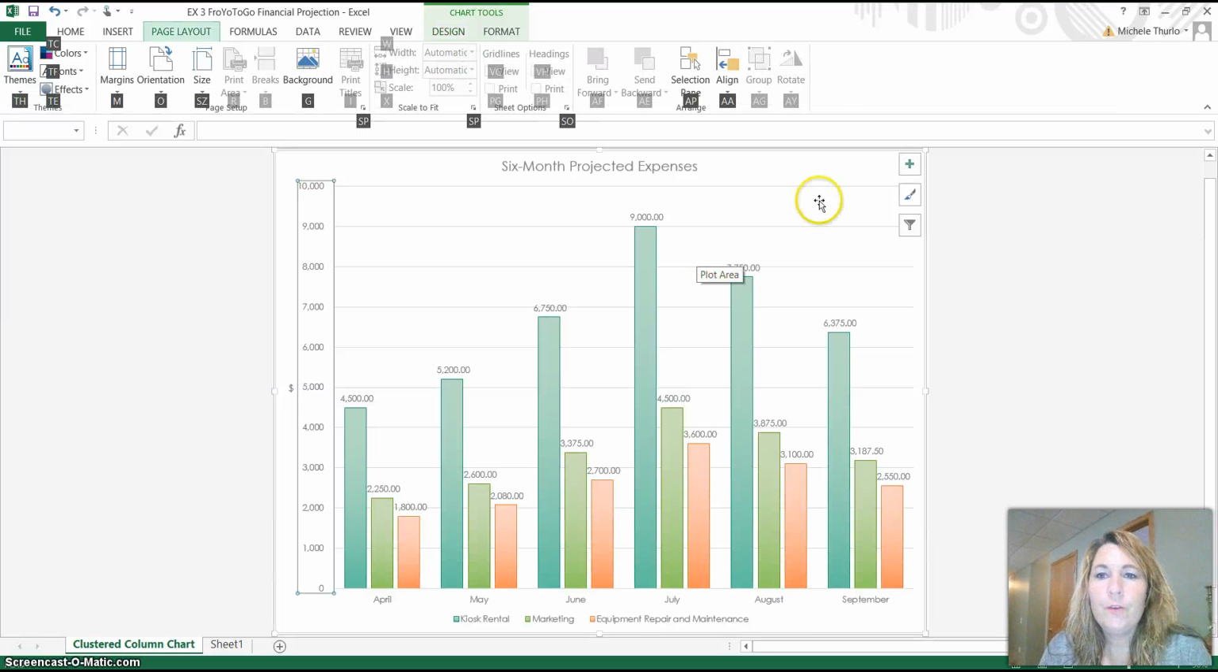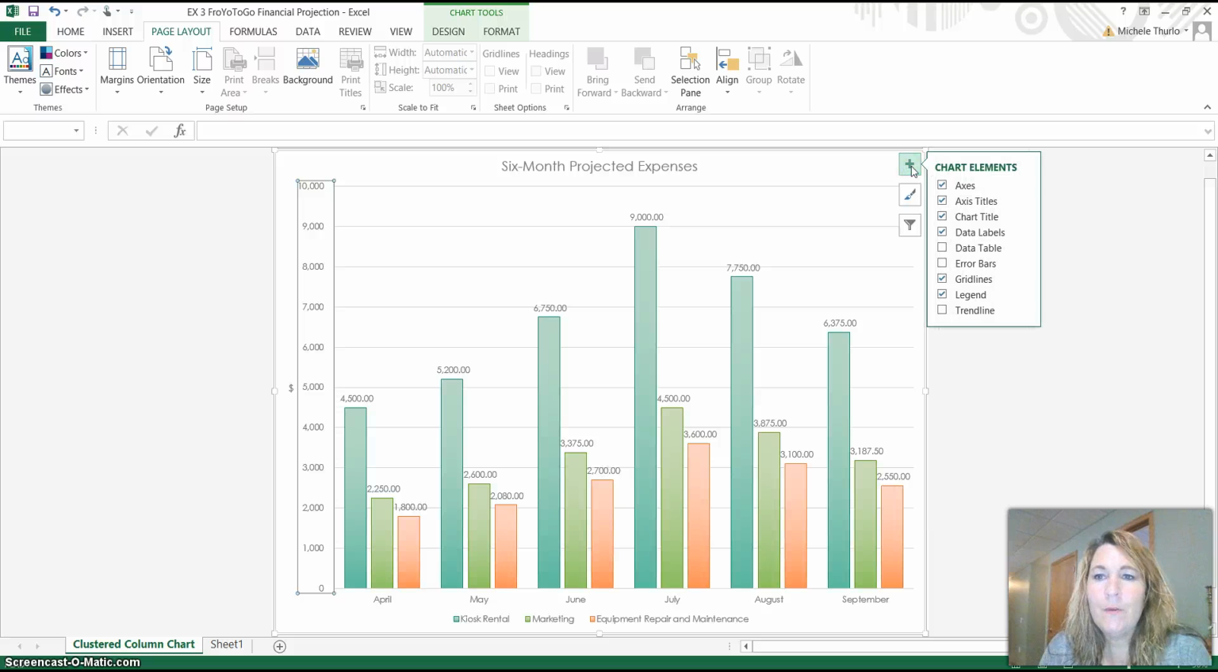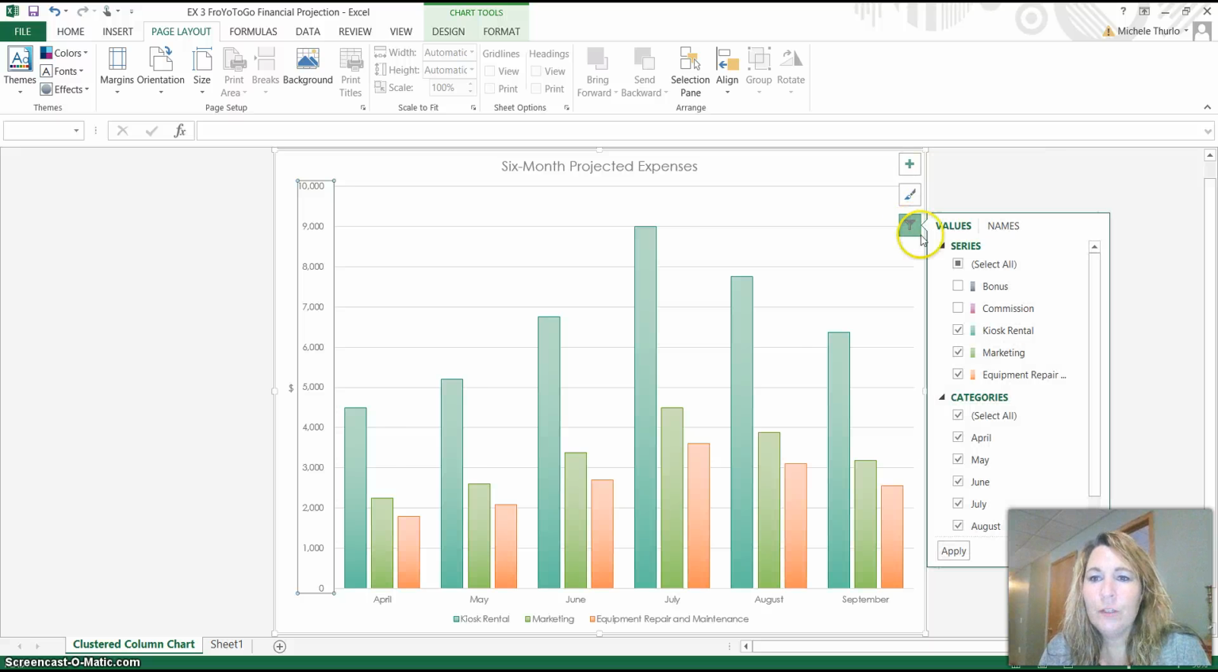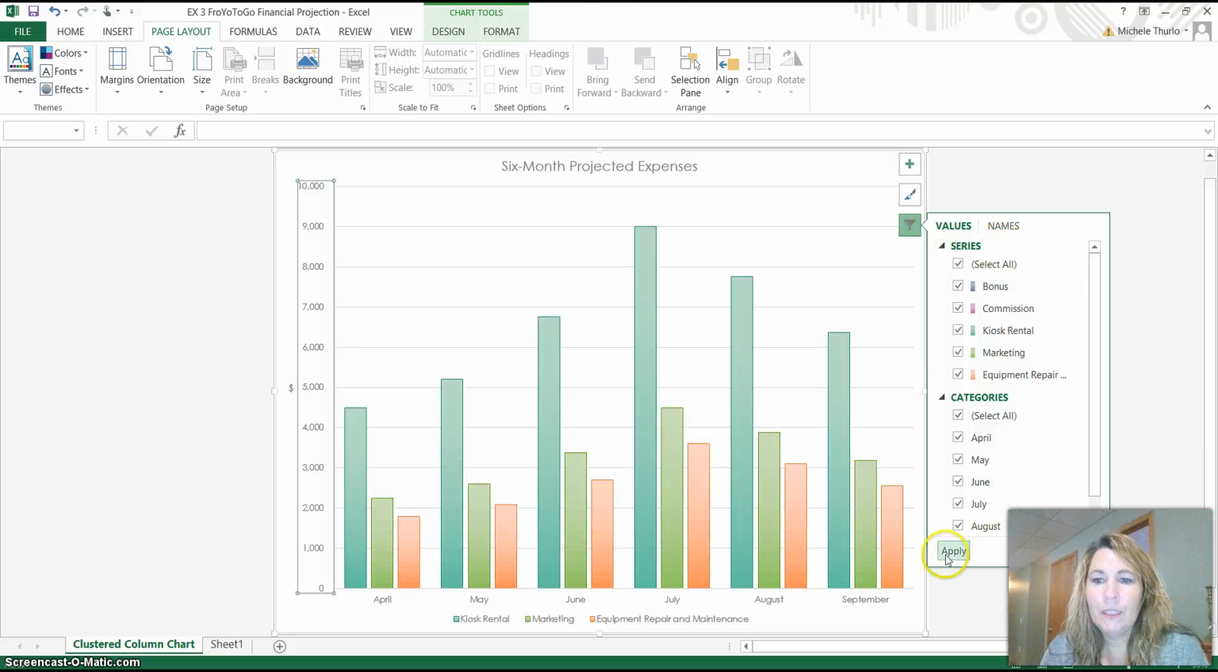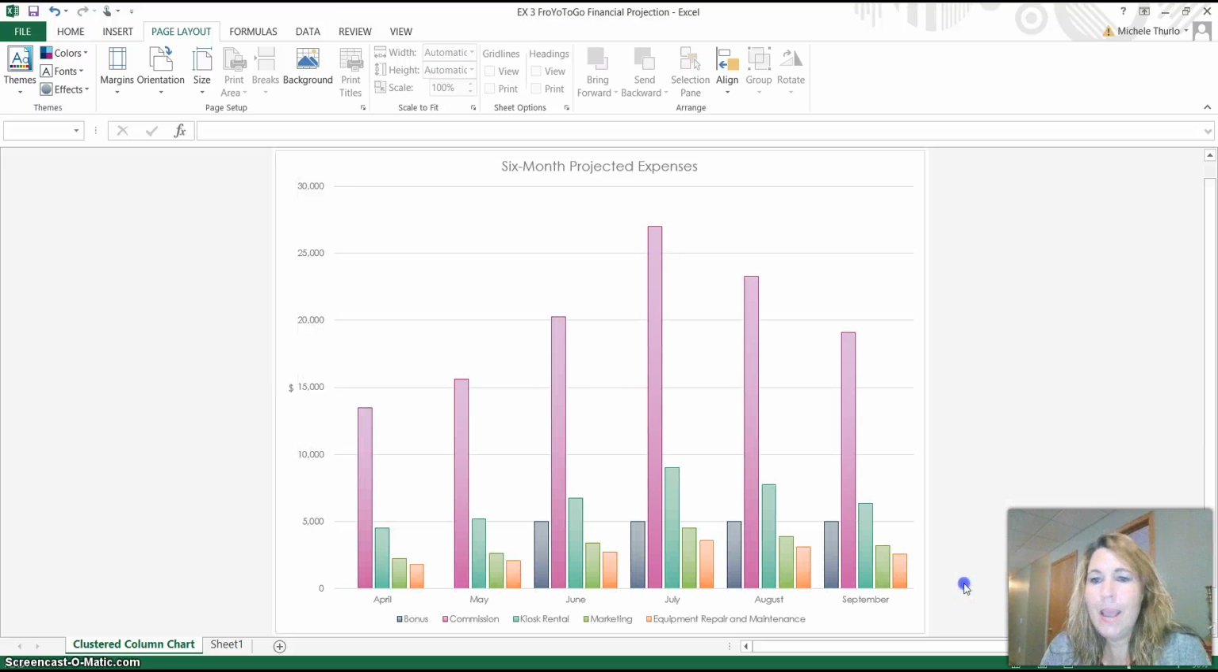Okay, real quick before the video runs out, I'm going to hit the plus sign, come over here, and I am going to uncheck my data labels so that those do not appear anymore. And I'm going to hit my filter button to turn on my commission and my bonuses so that everything is selected, and I'll hit apply. And that is